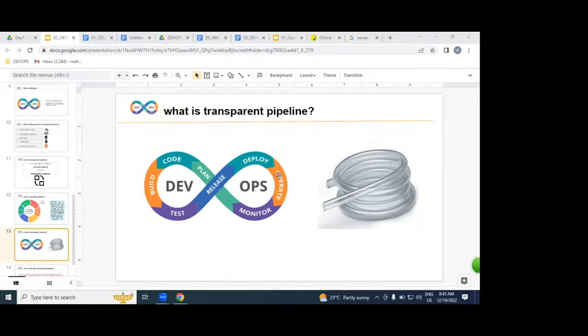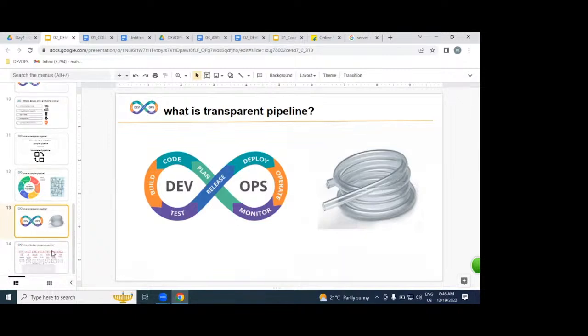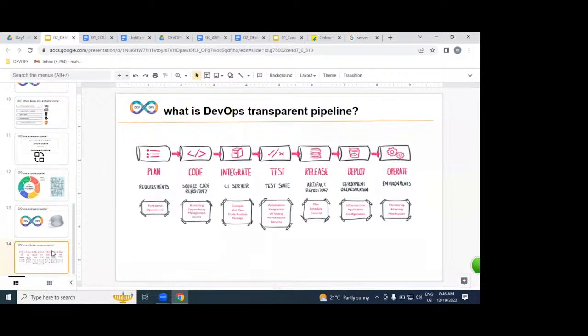What exactly are we going to be replacing, guys, please? We are going to be replacing a complex pipeline with a transparent pipeline. Why are we calling DevOps a transparent pipeline? Because it is transparent and automatic. If you get any issue or problem in the middle, we can easily identify it and easily resolve it. But how does the actual DevOps process look? This is what exactly our actual DevOps process looks like, which we are going to implement.